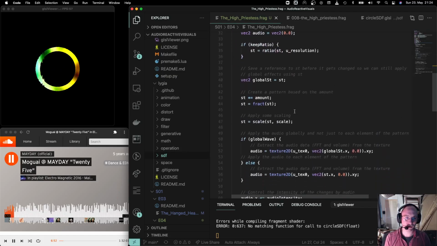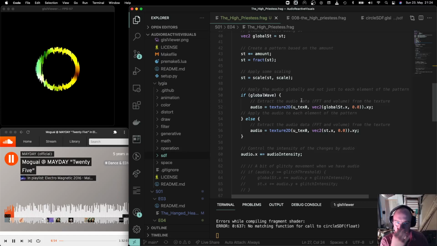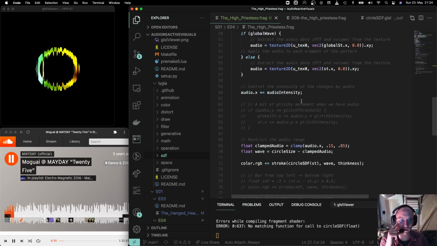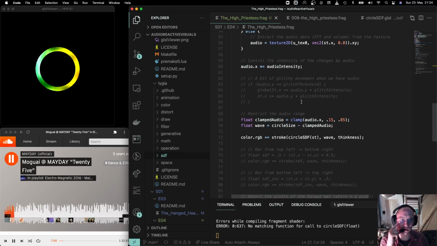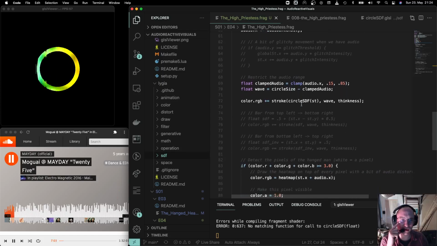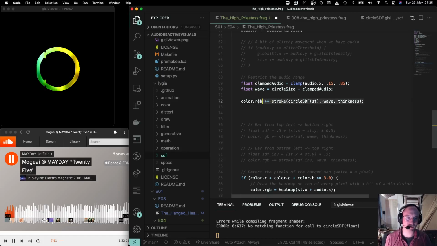Yeah, so this is what we could do, but I would love to draw the circle multiple times, so that they're overlapping with each other. So I guess what I could do,